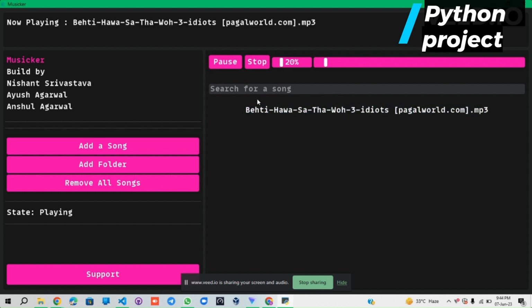बहती हवा सा था वो उड़ती पतंग सा था वो कहाँ गया उसे ढूंढो